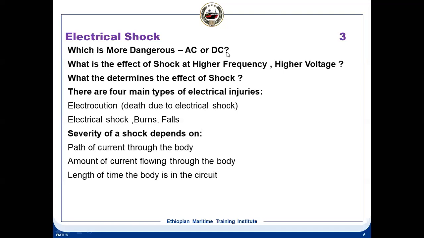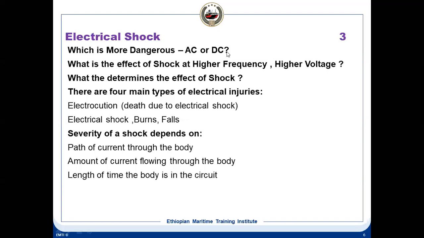That's one more reason. In case of DC, the frequency is equal to 0, so the capacitive reactance will be infinite. Infinite means it's an open circuit. So we can see that a capacitor blocks DC. But in case of AC, the impedance will be resistance plus capacitance. So at 50 or 60 hertz, overall the impedance is decreased. So AC is more dangerous than DC when the human body acts as a capacitor. This is also another reason AC is more dangerous.